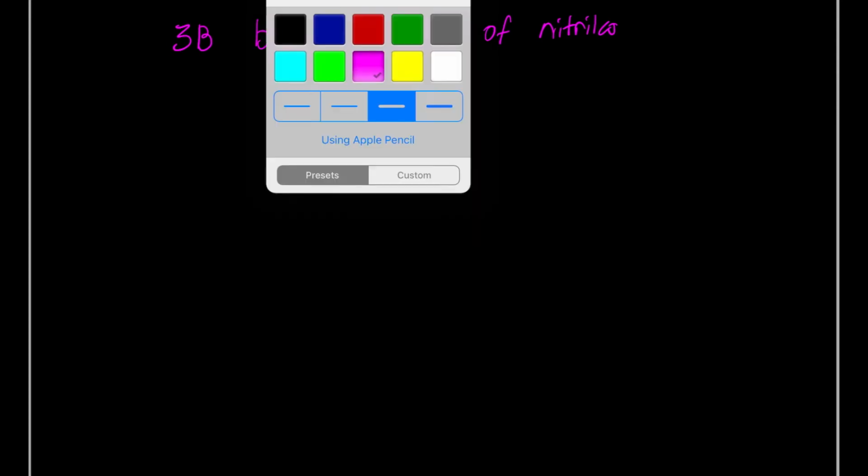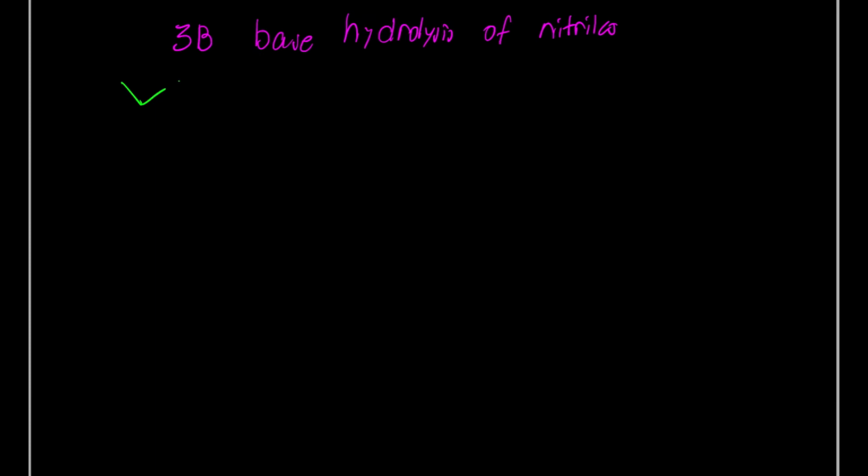What about base-catalyzed reactions? So base hydrolysis of nitriles. This is significantly shorter, and it could very well be on your exam. So again, we'll use the same propane nitrile, and we'll treat this with sodium hydroxide, H2O, and what you get here is the